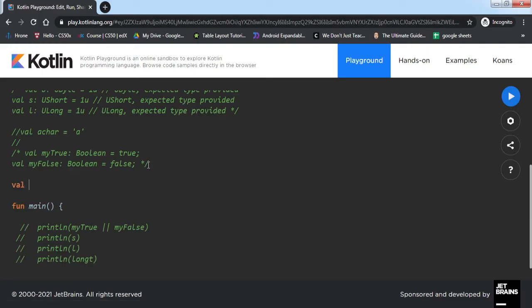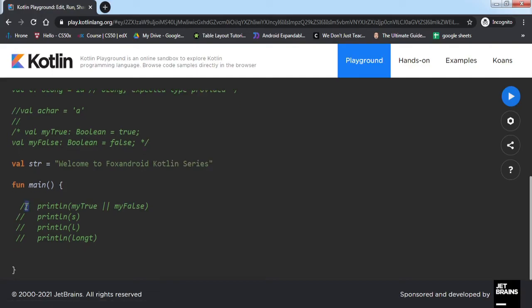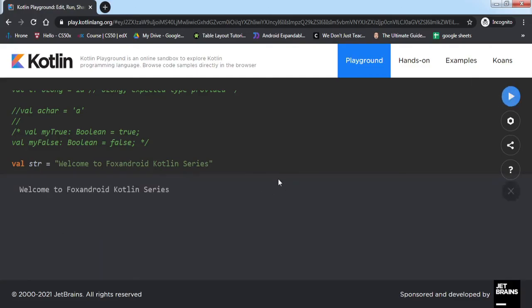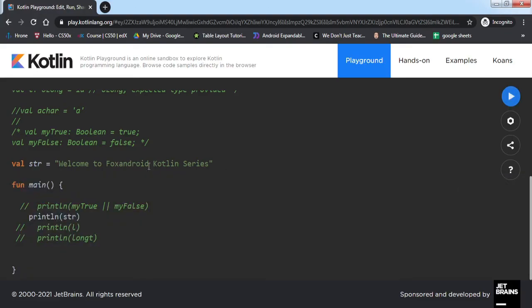For mentioning that, we'll simply use val, the name of the string, is equal to, and pass the string. Right, so we'll use this one and we'll run this. Welcome to Fox Android Kotlin series, right? So this is how we define a string and print it.